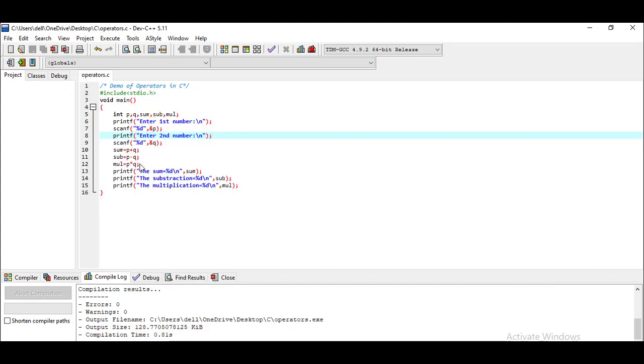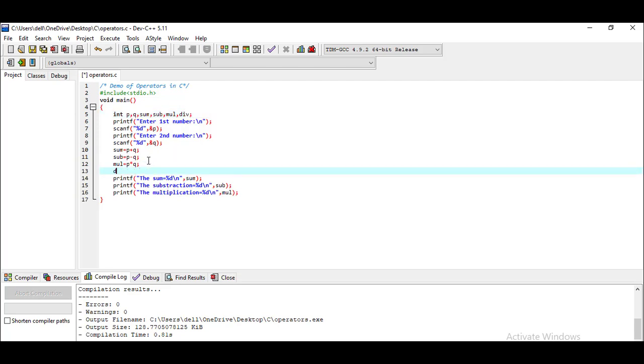Okay, now we just wanted to perform one more operation here, say division. For that I am declaring one more variable here with the name div, and adding a new line to my program: div is equal to p divided by q, with the numerator as p and the denominator as q. It will divide the numerator by the denominator and assign the value to the variable div. So I copy this and add one more line by pasting here.